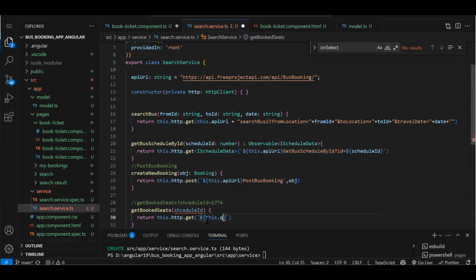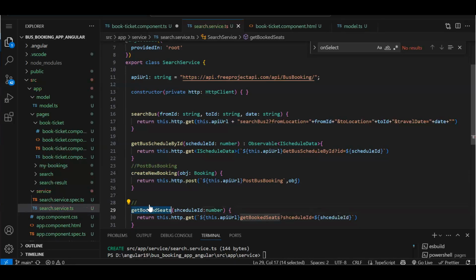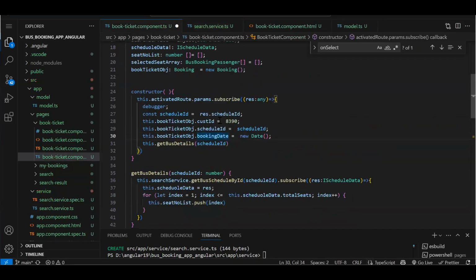Was this dot API URL. Then our URL, this will be our URL like this. Then this value you have to make it dynamic. Schedule ID will go over here. Let's add a data type number. Okay. Now this function we need to call on the page load, means on the page load of this, we